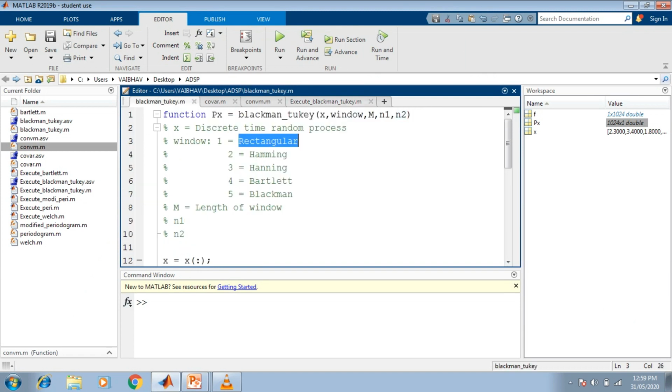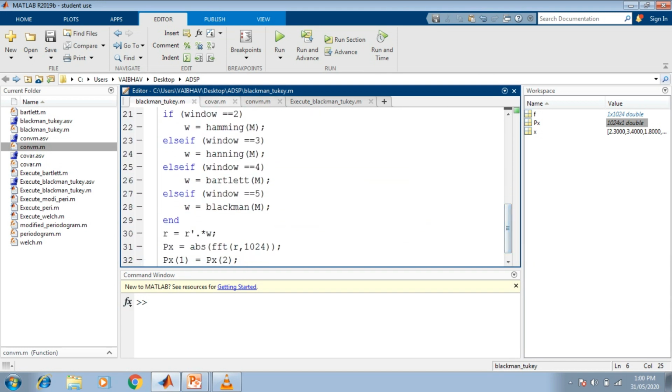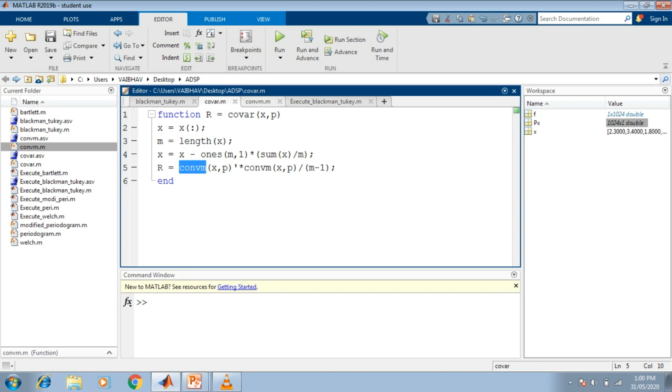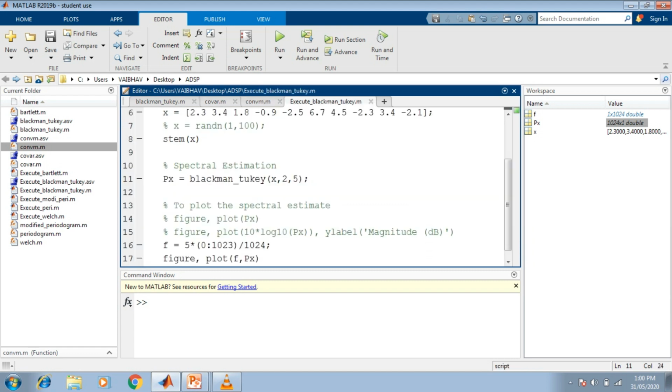These windows are the rectangular window, Hamming window, Hanning window, Bartlett window and Blackman window, and with the help of this function that we have developed, along with generation of the covariance matrix and convolution matrix, the execution of the Blackman-Tukey method is completed with the demonstration here in the MATLAB environment.